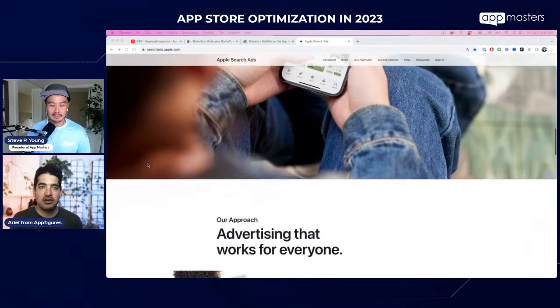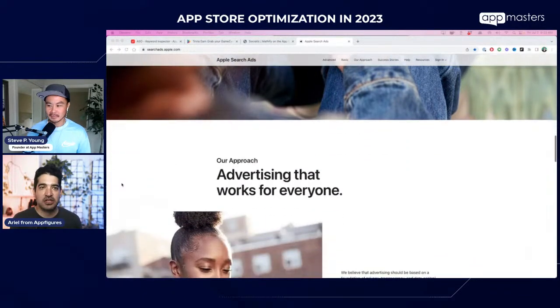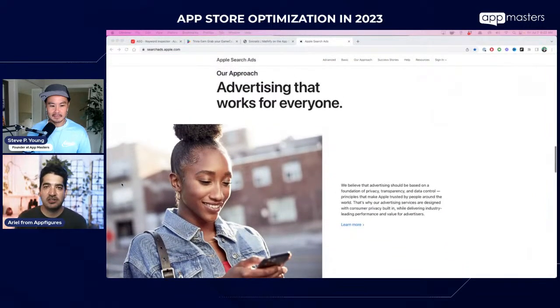So if you do that and you do that well, and you spend time optimizing for getting those ratings, that will give you an improvement when it comes to App Store optimization. Because ideally, you wouldn't run those Apple Search Ads campaigns forever. Or if you do, it will be at the point where they're ROI positive, meaning you put in $1 and you get two, or